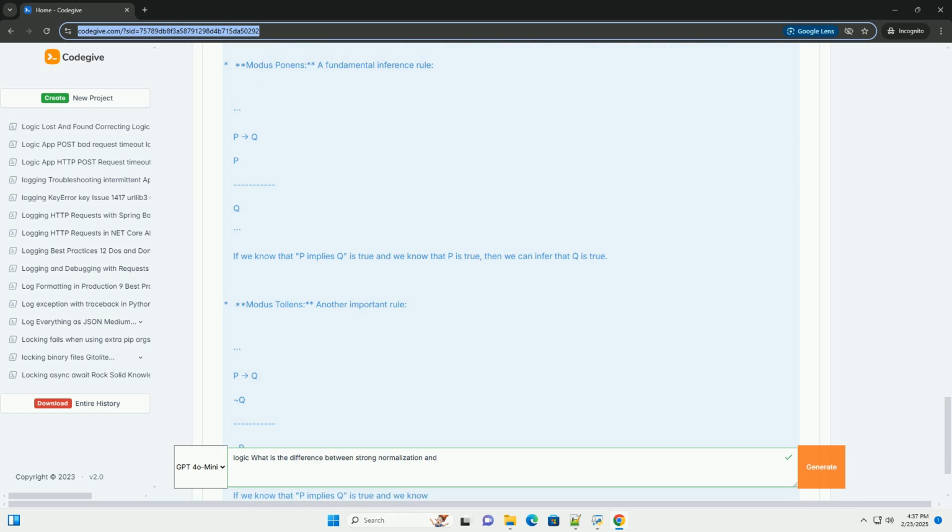Beta reduction: the fundamental reduction rule in the lambda calculus. It represents function application. (lambda x. M) N → M[x := N]. This means applying the function lambda x. M to the argument N involves substituting N for all free occurrences